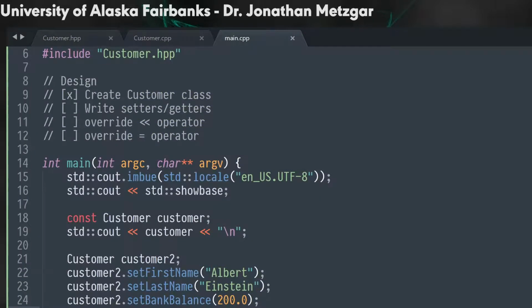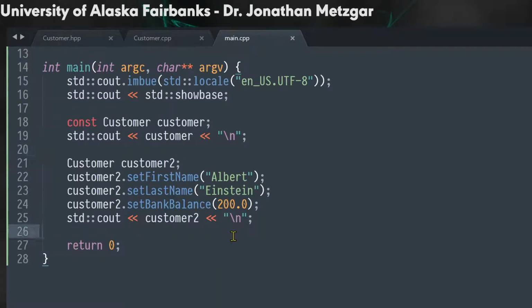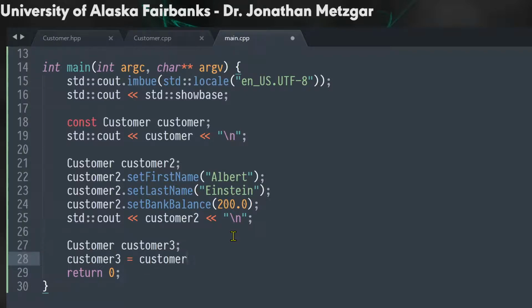So let's go back to Sublime. Just check that off right there. So now we've actually overridden that operator. Okay, so we'll just check that off too. So now the last thing we need to do is override the equals operator. So the idea here is that we might have a third customer, but this customer we might want to assign, say, customer 2. So copy Albert Einstein's information so that when we cout customer 3,